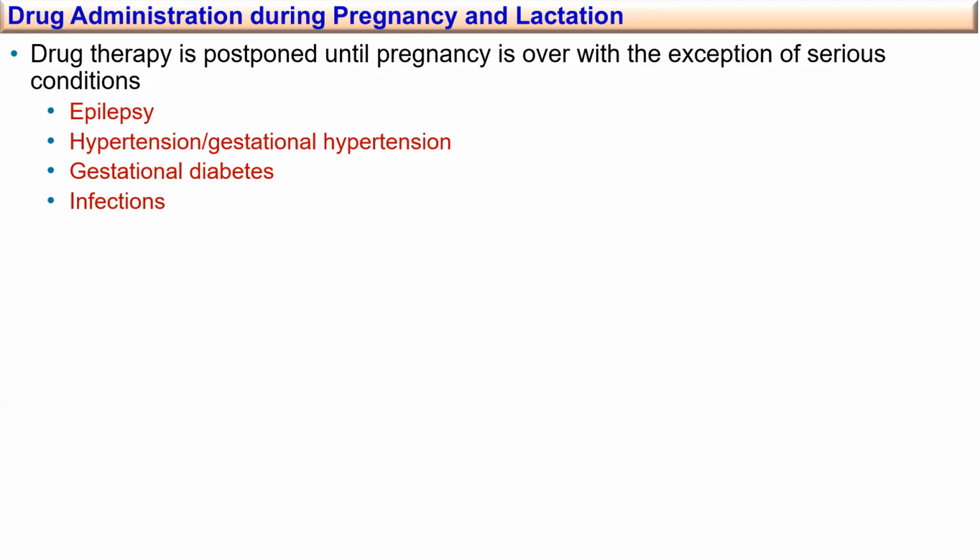So be careful when prescribing medications from the same class. Make sure that the medication is highly effective and highly safe for both mother and baby. So 90% of women take at least one medication during pregnancy. This is just very simple statistics. They found that 90% of women take at least one medication during pregnancy. So again, we must weigh the benefits against the risk.